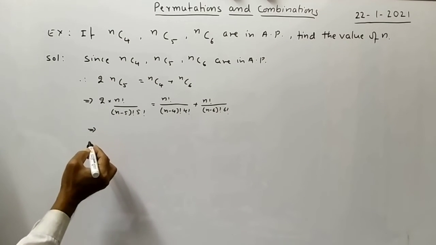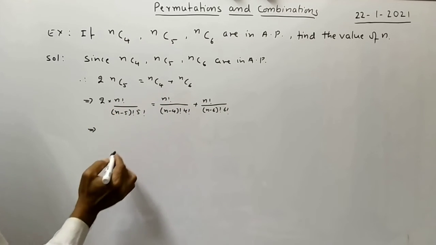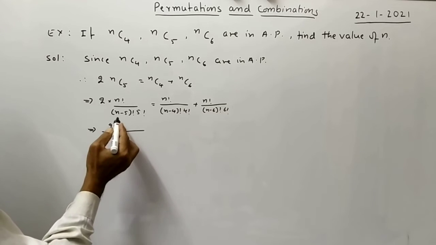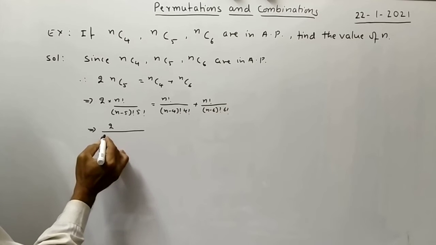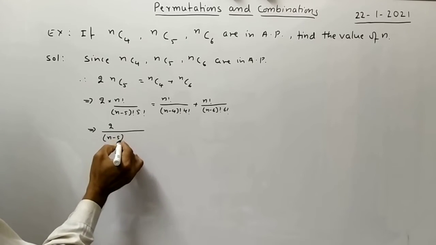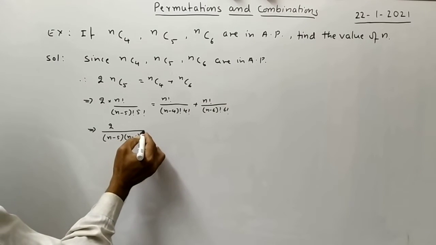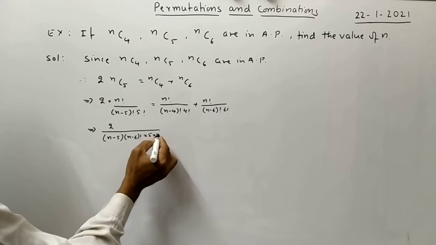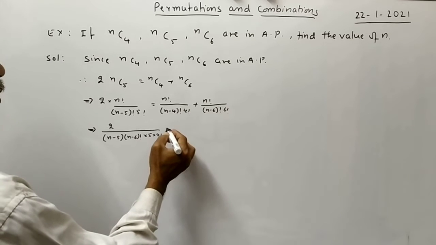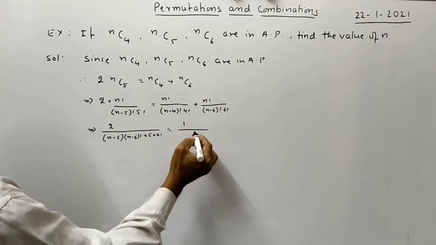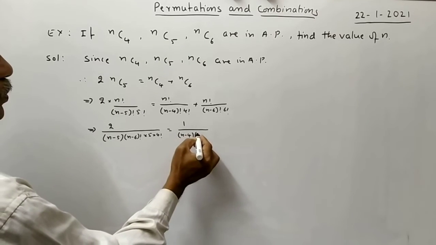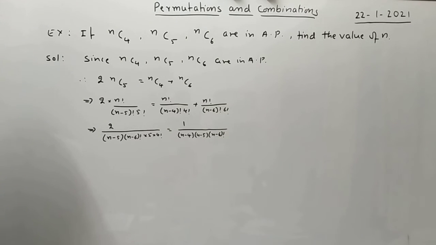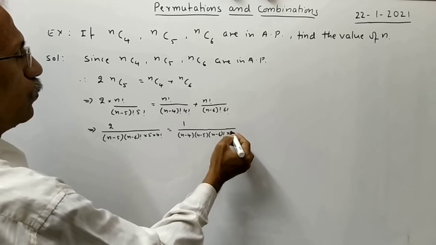This implies, throughout dividing by factorial n, we will get 2 divided by (n minus 5) factorial, which can be written as (n minus 5) into (n minus 6) factorial, one less than that, into 5 into factorial 4, is equal to 1 divided by (n minus 4) into (n minus 5) into (n minus 6) factorial into factorial 4